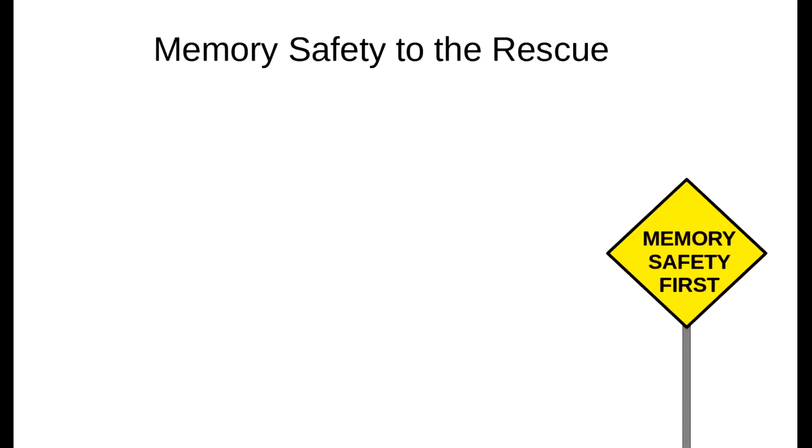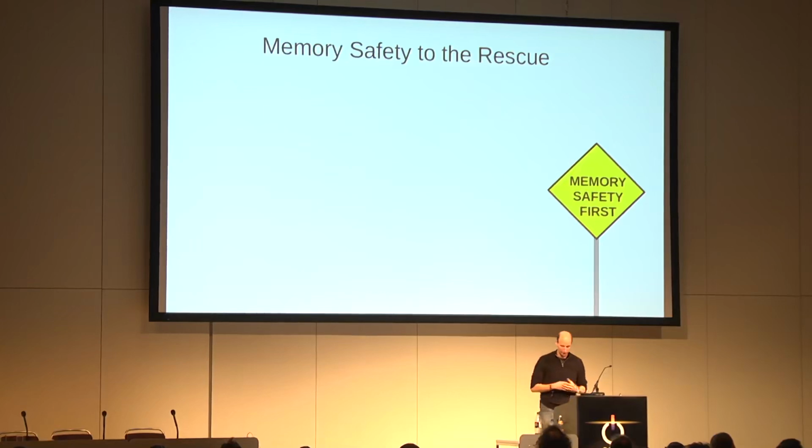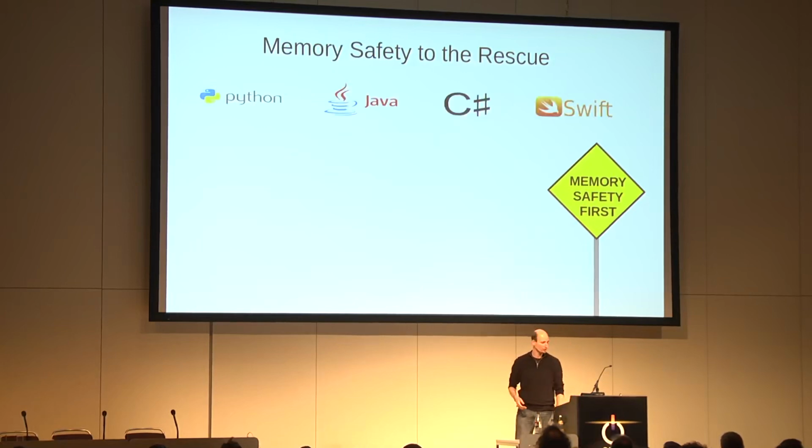So now that we know that we cannot just use C code or C++ code because the code is full of bugs, you might say, haha, memory safety to the rescue. We'll just move to a safe language, right? Instead of coding in C or C++. Programming language research has come up with a whole bunch of languages. There's Python, there's Java, there's C#, or there's Swift. These are all memory-safe languages, and these problems that I just talked about would completely go away. Sounds good, right? So where do we stand?